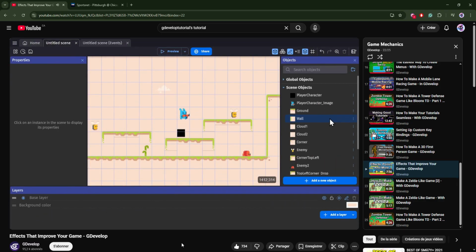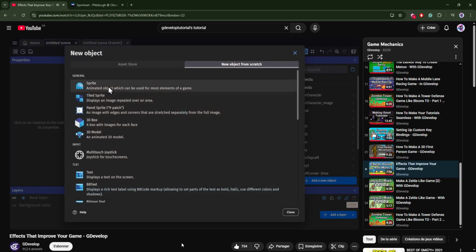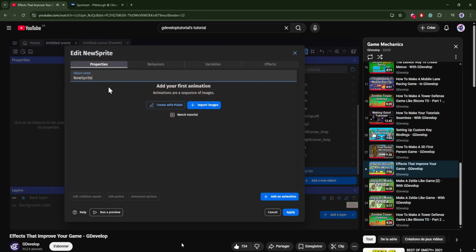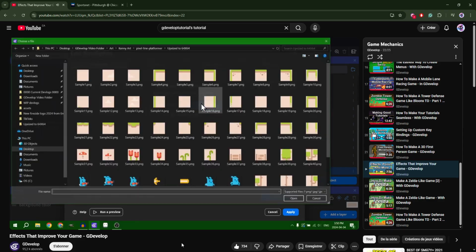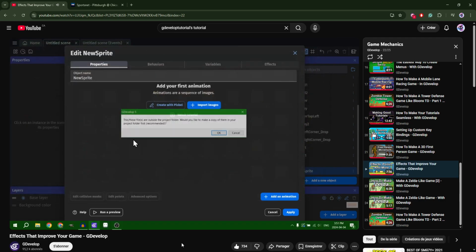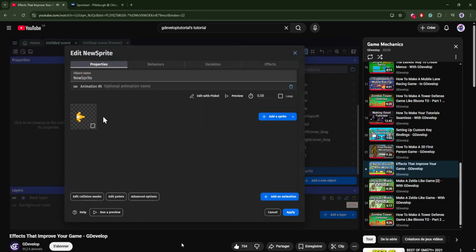But if you want to have something that's animated and acts like a particle, you don't need to use the particle emitter. You can actually create a sprite object and just delete it when the animation's finished playing, and that way you can have an effect that also plays an animation. So if I import the muzzle flash image,